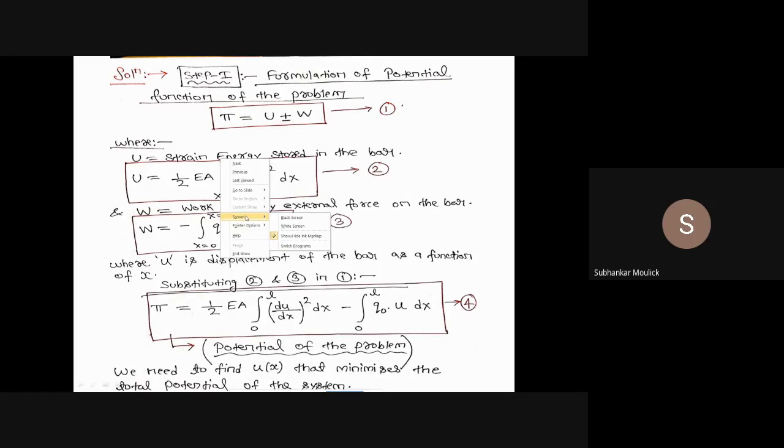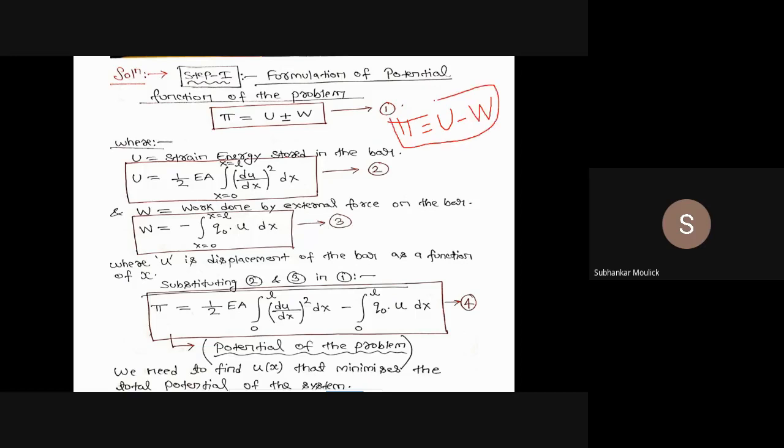Since external energies are all negative in nature, the resulting equation becomes pi is equal to internal energy, that is nothing but the strain energy stored in the given problem, minus the external work done on the problem. This is your equation number 1,